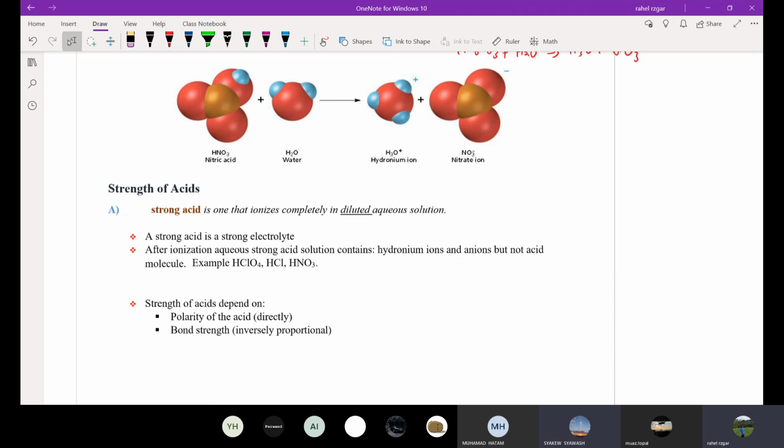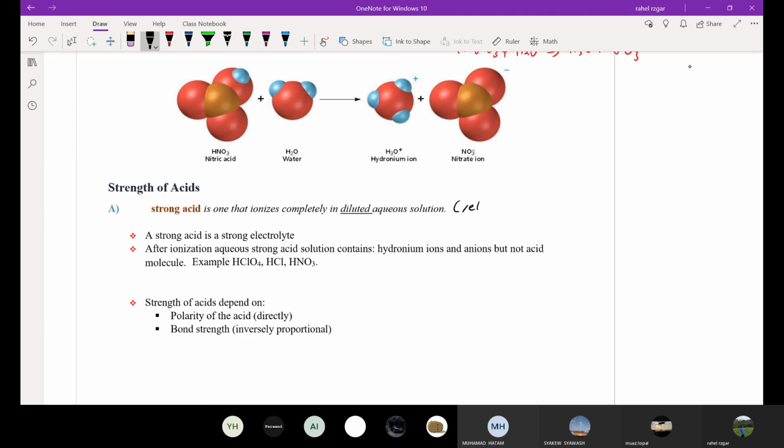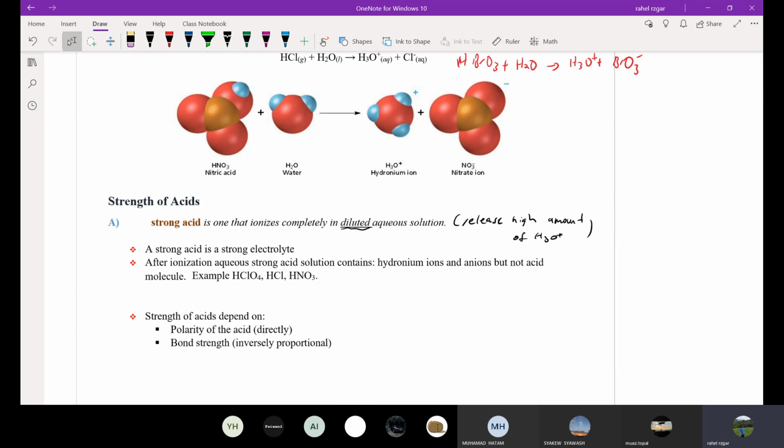If it is a strong acid, it ionizes, and we can also say it releases a high amount of H3O+, even if the acids are dilute. We don't need to make them concentrated in order to make a lot of H3O+. Just by dissolving any amount of a strong acid, all of the acid will become ionized, all of the